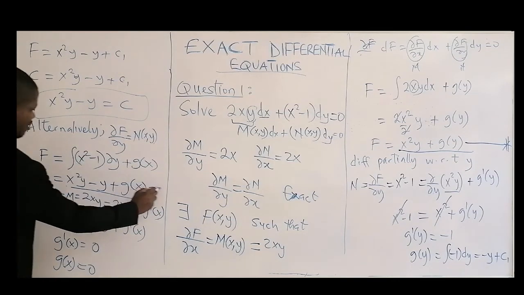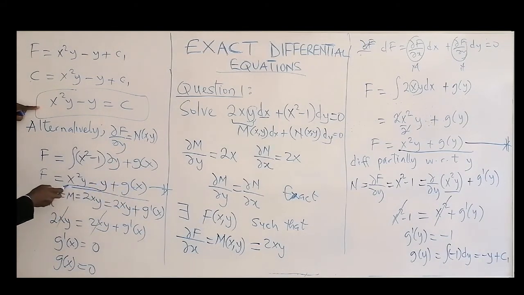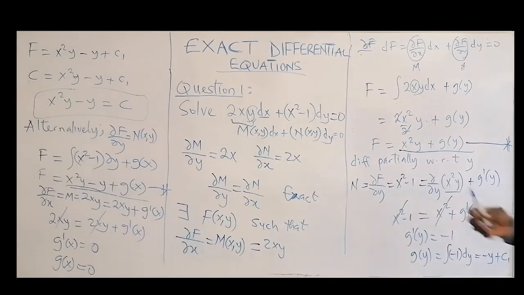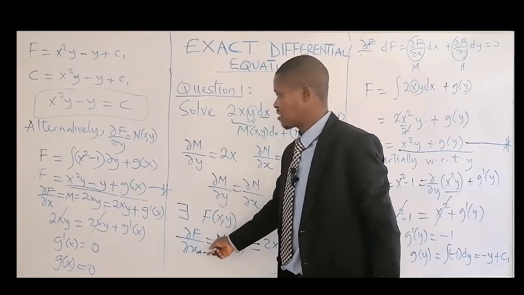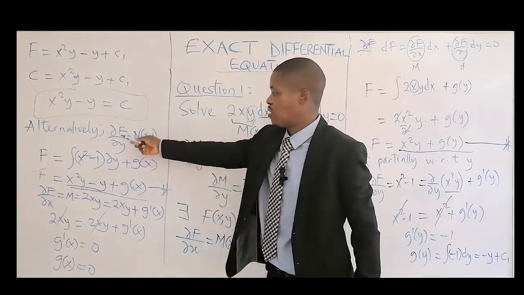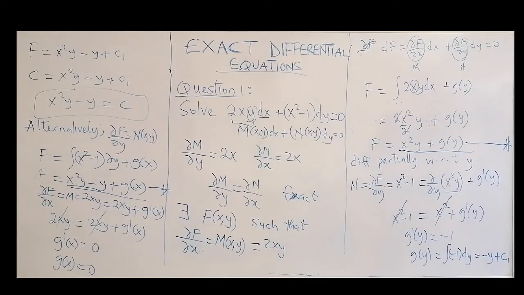Then just come back to this place and substitute that, and you can see you get the same answer as we did for the other one. Okay, this one is 0. You just have this one equal to c. Whichever way suits you, whether using partial differential of f with respect to x or with respect to y, just choose the one that is convenient for you. The two ways will lead you to the same answer, and that's that on that.